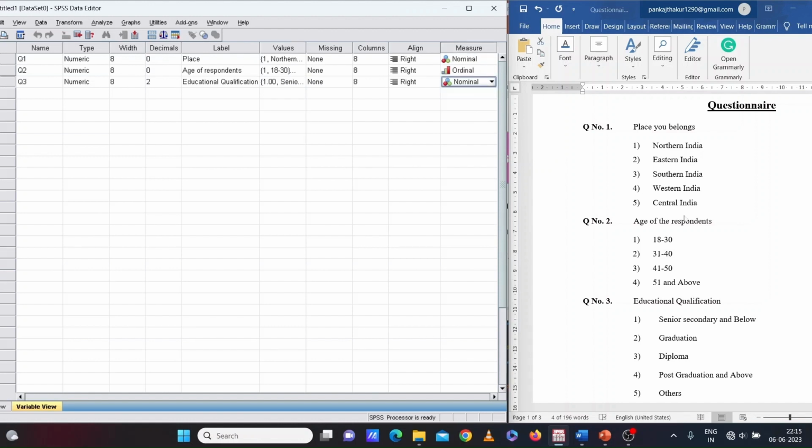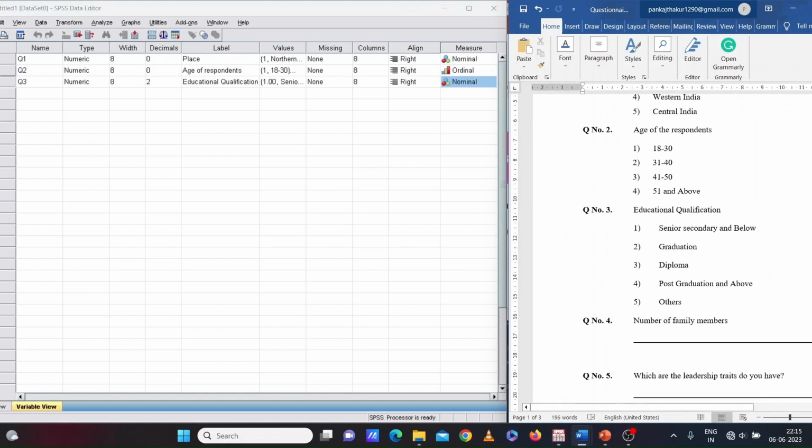Now we will move to the next question, question number 4, and it is an open-ended question. So we will code this question as Q4. Now you can see the response for the number of family members will be in numbers.